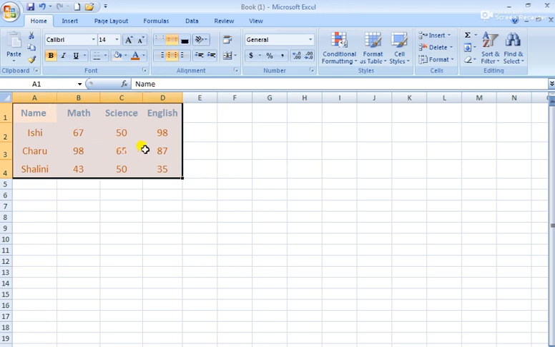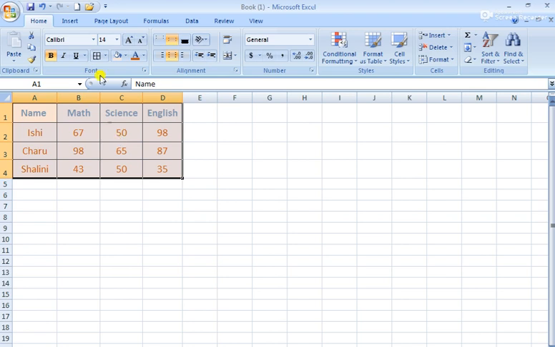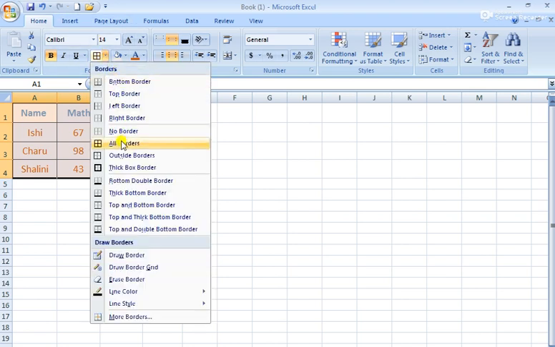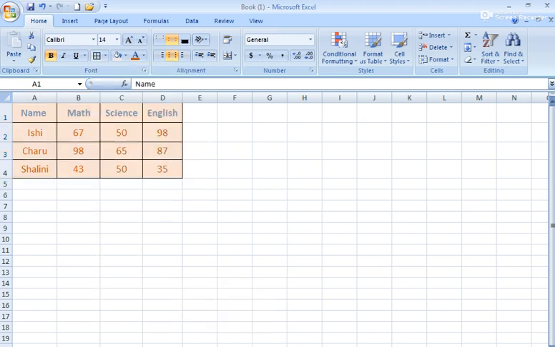Now none of these have a border, so to put the border, just go over here and then apply all borders. You can do more editing in the borders, like if you want to change the line color, black is there, but if you want the color of the line to be changed, any color, let me take any one.